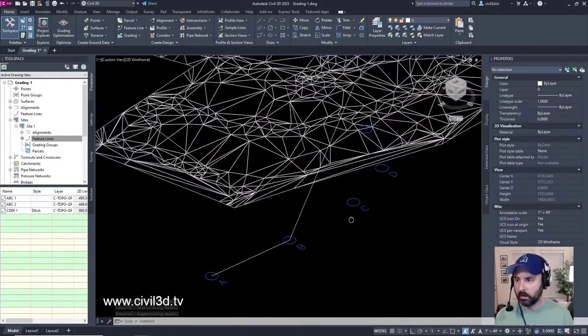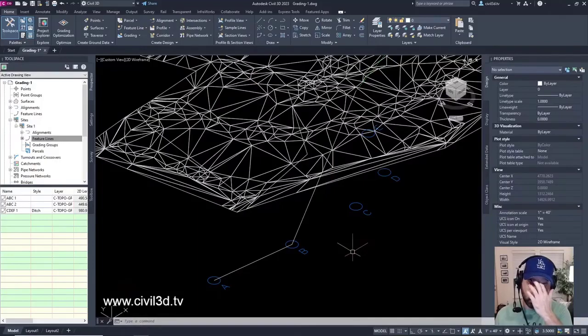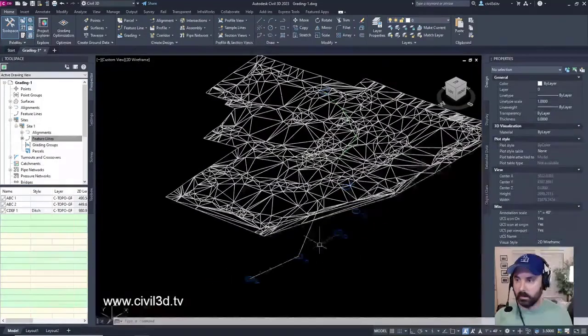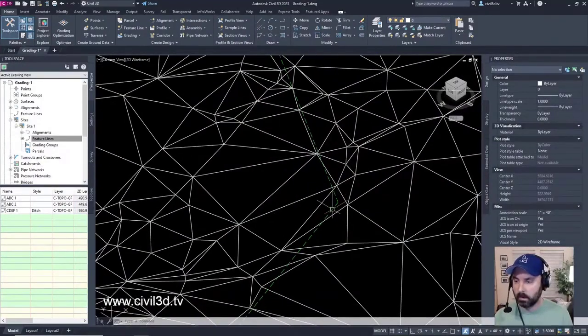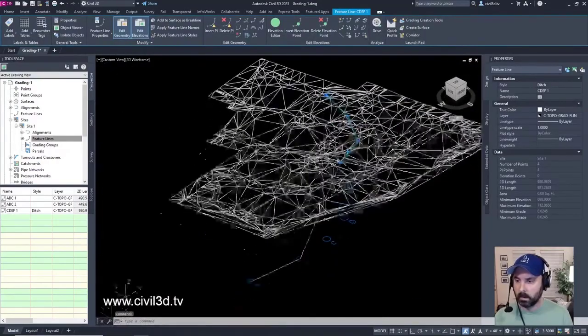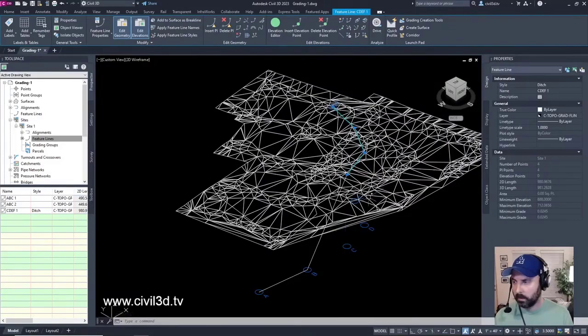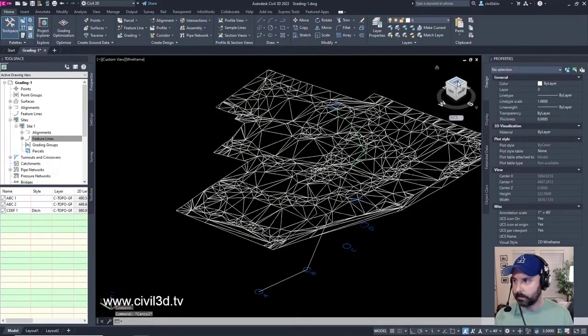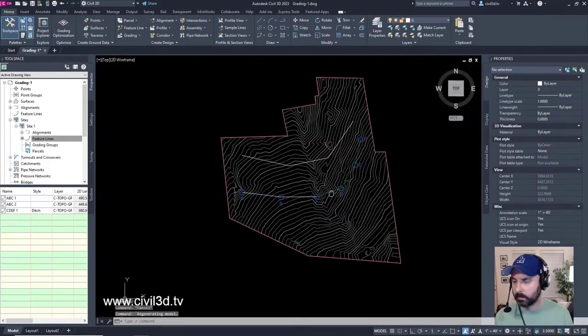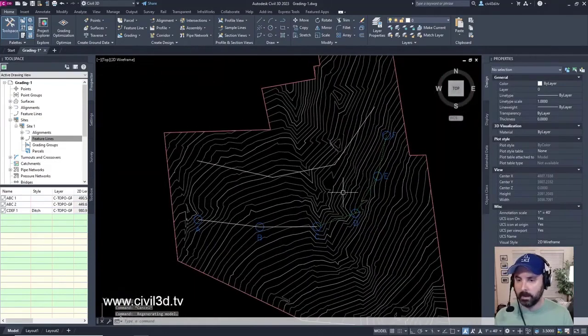Now you can really see what's going on with our feature lines and with all this information. Anyways, we'll leave that as is.